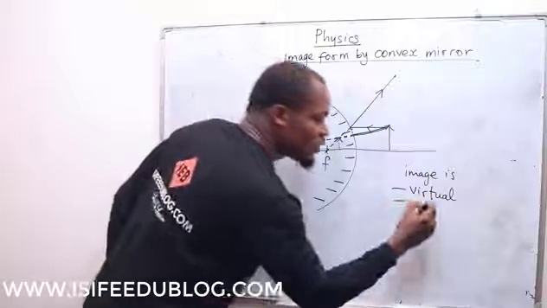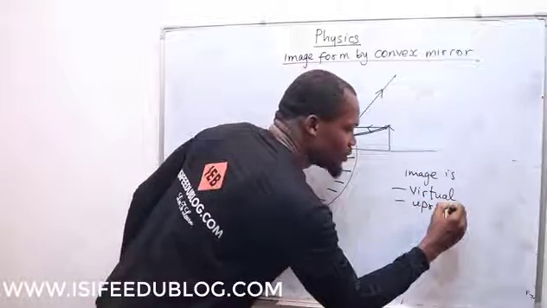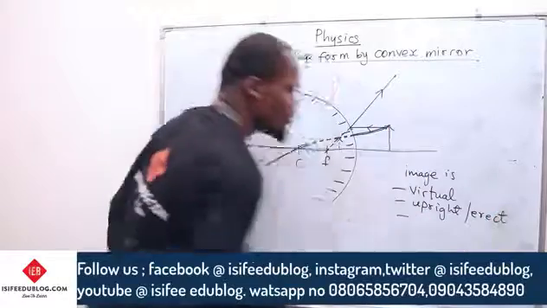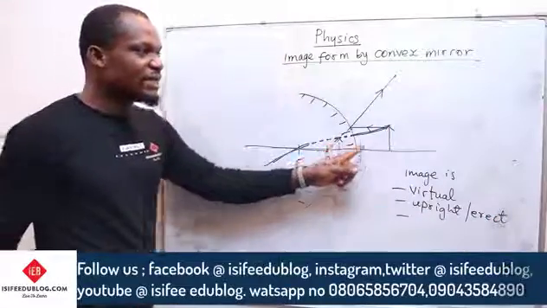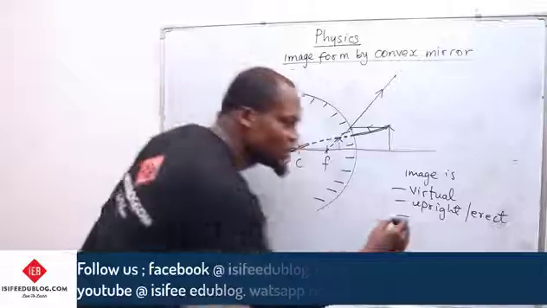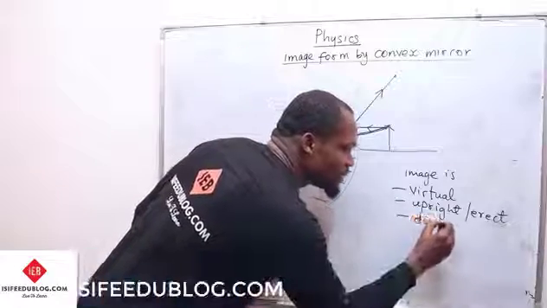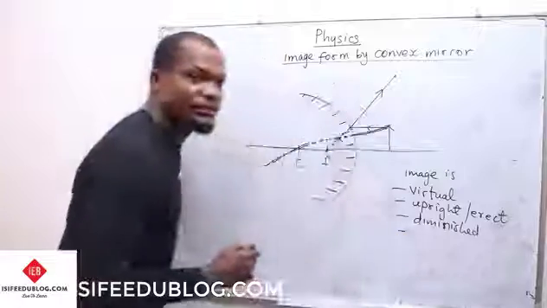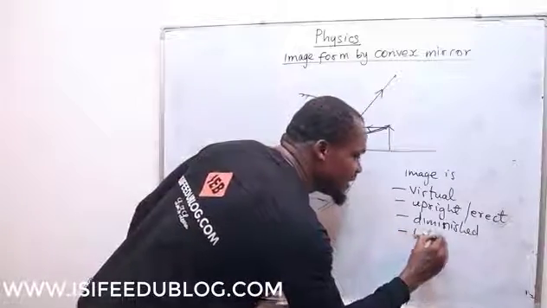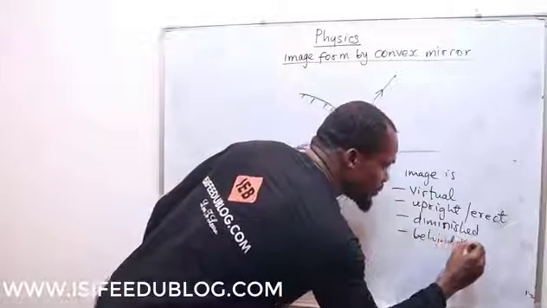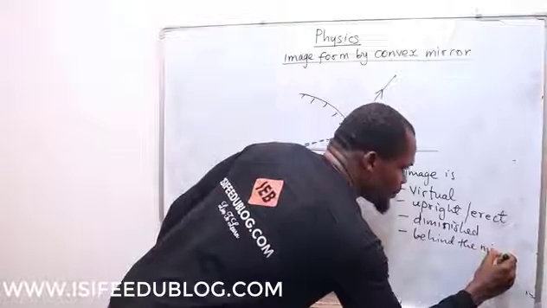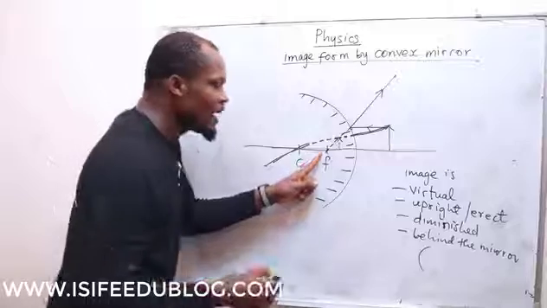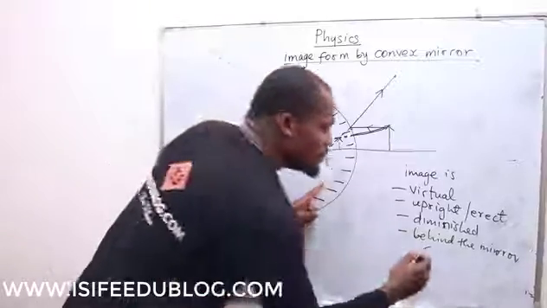Again, it is upright. You can use upright or you can use erect. What is the size? You can see the size is smaller than the object. So we say it is what? Diminished. And where is it formed again? Behind the mirror. And behind the mirror has to be what? Between